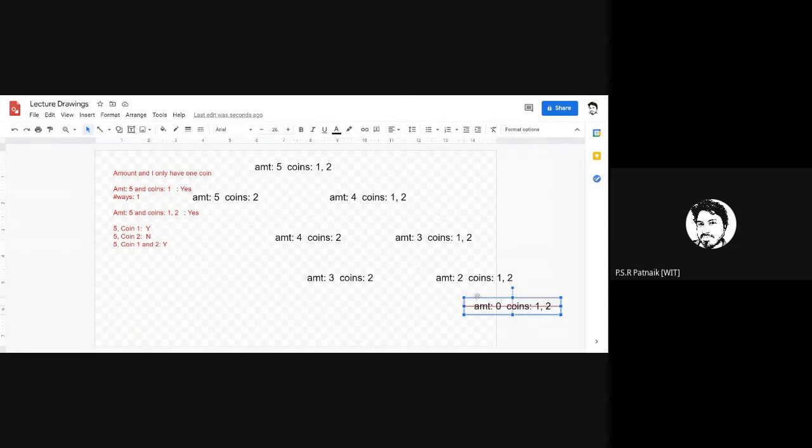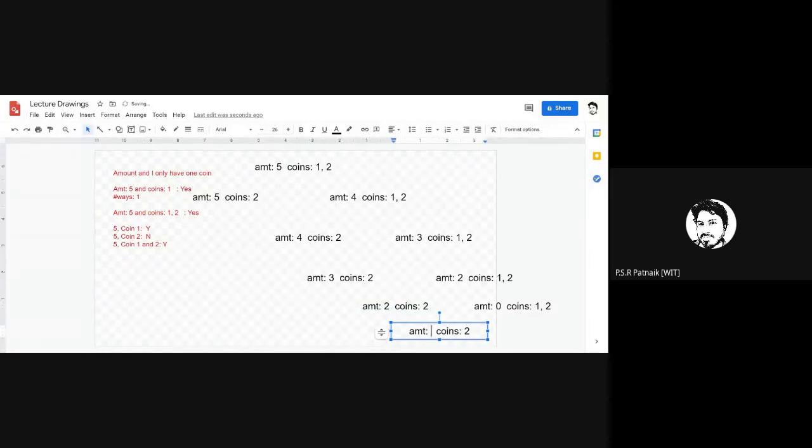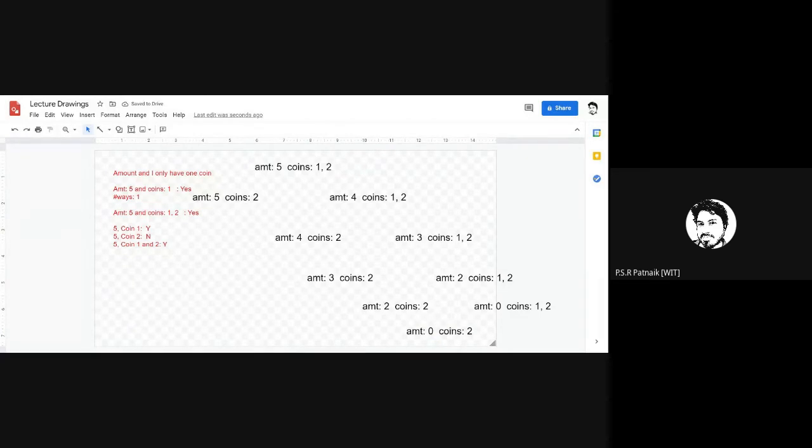The left branch of this call would be amount 2 and not using coin 1. So you have this value, and when you further pursue the left branch of this value, you will reach amount 0. So here you are reaching 0.